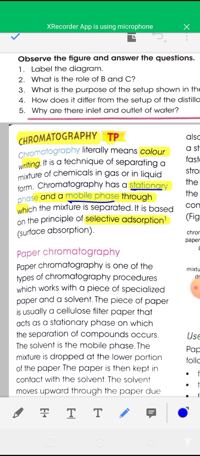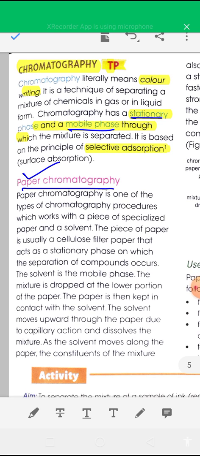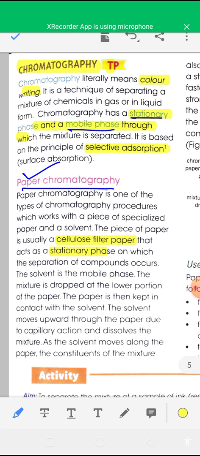Now see, one method of modern chromatography is paper chromatography. Paper chromatography is one type of chromatography procedure which works with a piece of specialized paper and a solvent, and the piece of paper is usually cellulose filter paper that acts as stationary phase on which the separation of compounds occurs, and the solvent is the mobile phase. And the mixture is dropped at the lower portion of the paper, and the paper is then kept in contact with solvent. The solvent moves upward through the paper due to capillary action,